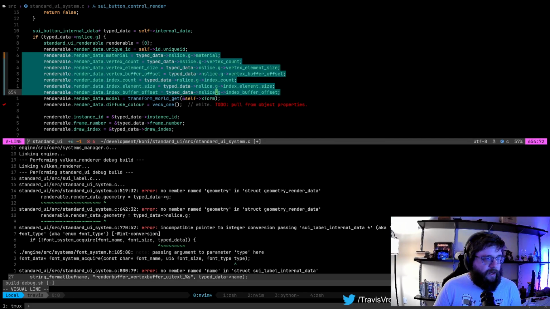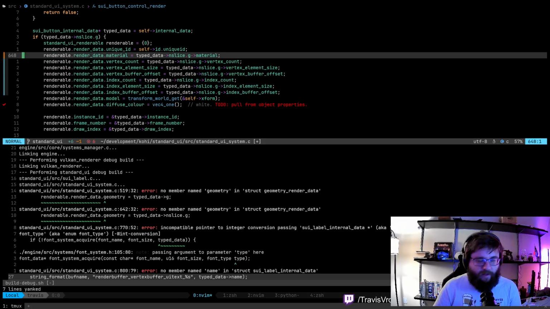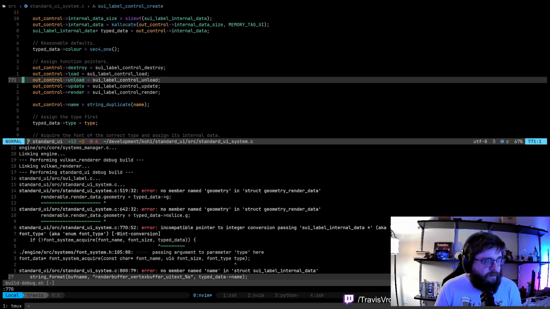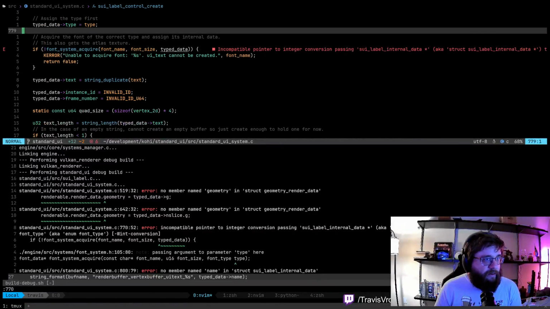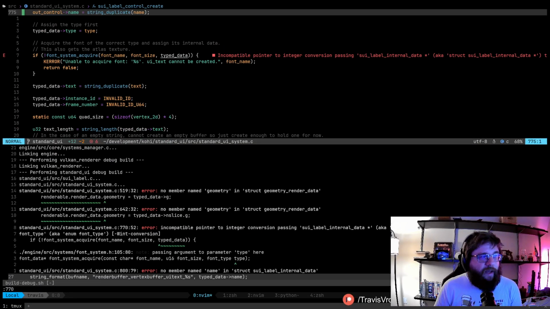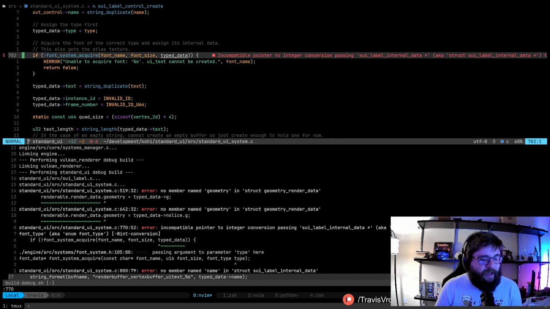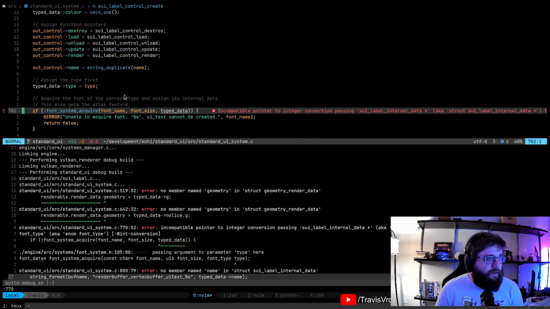So let's go ahead and grab this. And we want 770 as the next line. Probably going to be a little bit further down. Okay, so font system acquire. This is that other API change that we just made for the font system. We have typed data that we pass in, and then we have type.